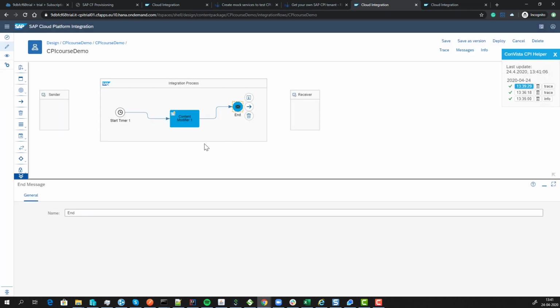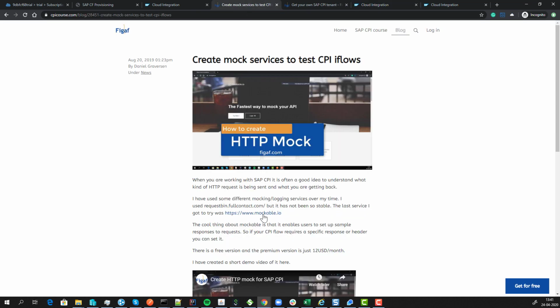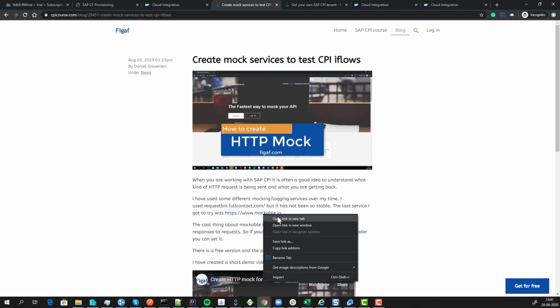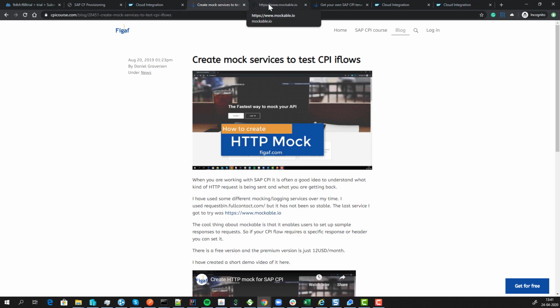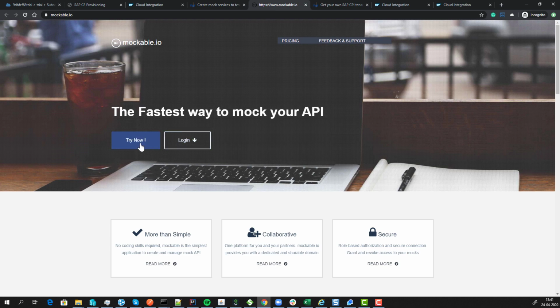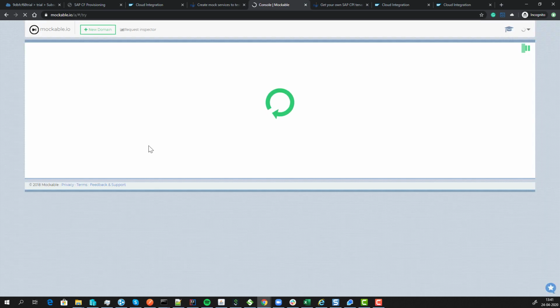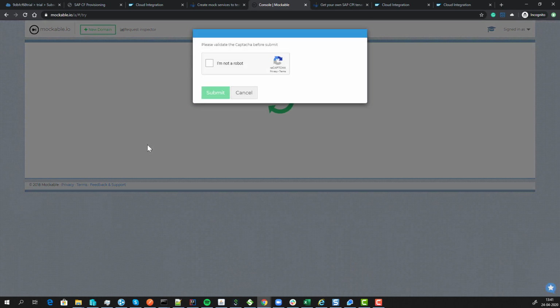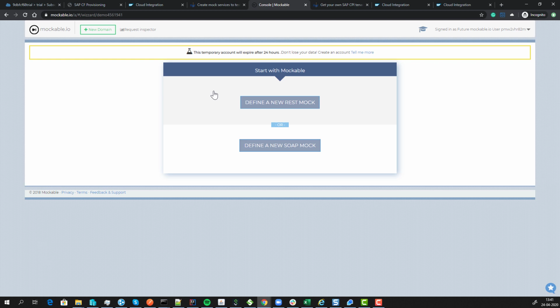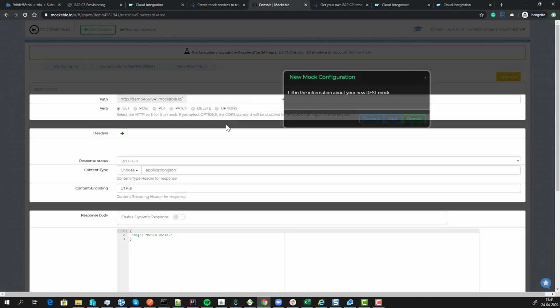So next here we want to call a mock service, or call a service externally. So my current preferred service to call is Mockable.io, and this is really simple. So you just say try for free. The idea is we want to create something we can call, and once we have called it, we will be able to process it simply or see what we're receiving. We don't want to set up 15 layers of OAuth or that kind of complex token. So we want to define a new REST endpoint,